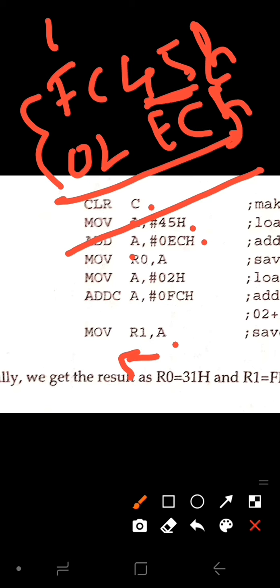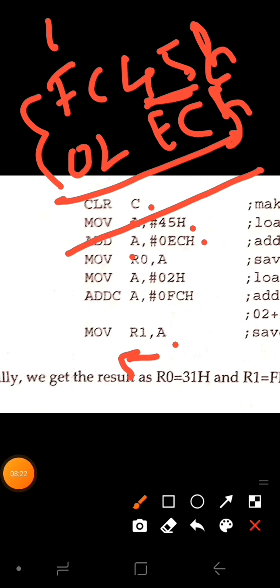Now you can see initially we have made the carry flag equal to 0. Next we have moved the lower order byte of the first number, that is 45, into the accumulator. Then we have added the content of the accumulator with EC, and the result we get will be stored in R0. In the next step, we are adding the values 02 and FC, and we are storing the result, which is in A, into R1.